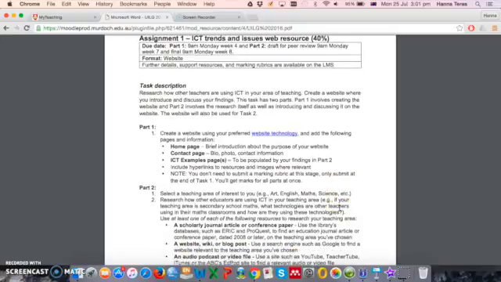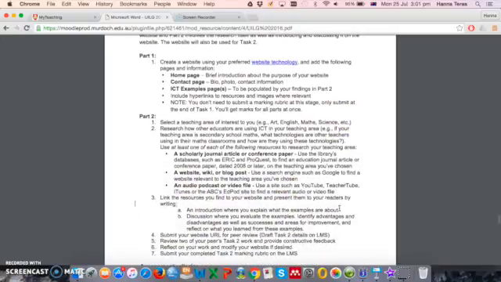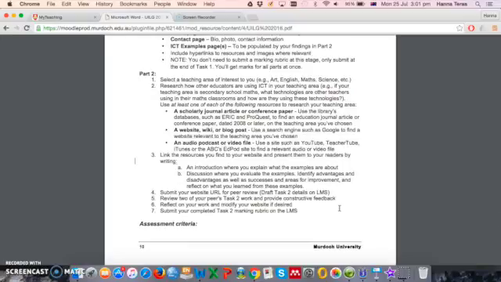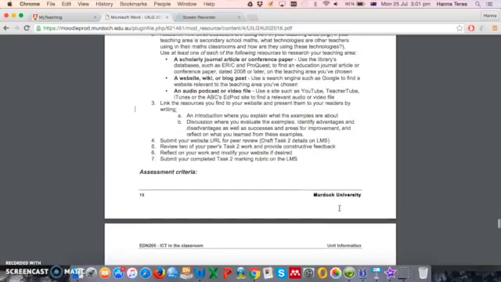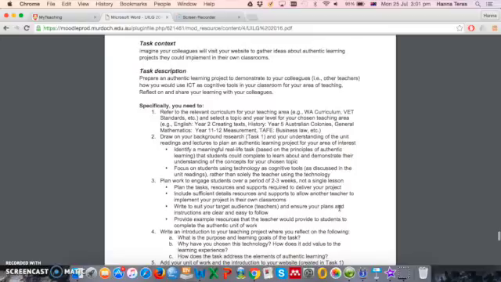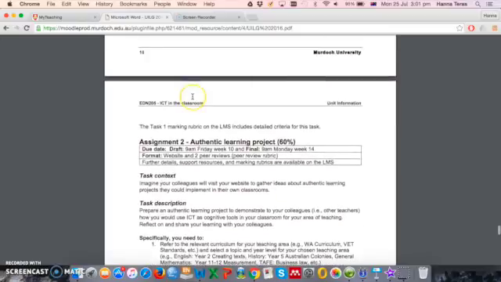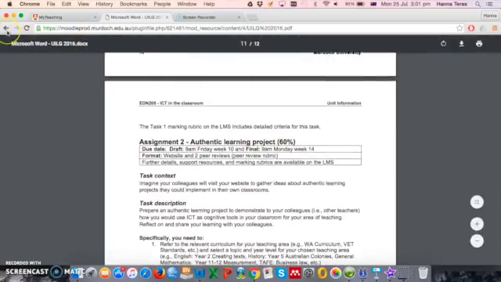So I promise that it will actually be quite easy and not as difficult as it looks here, because it's a bit wordy. So that's our unit guide,